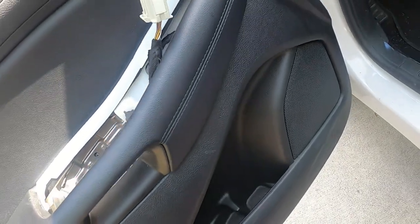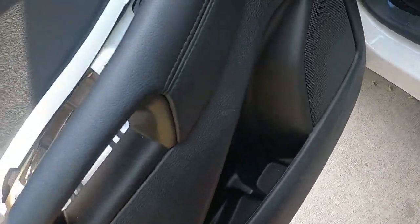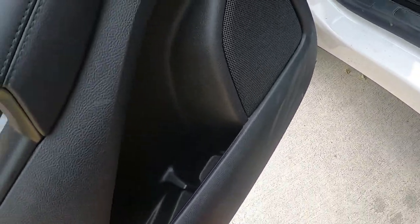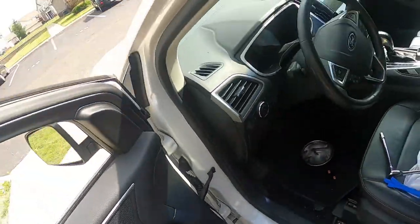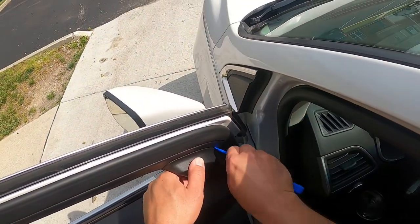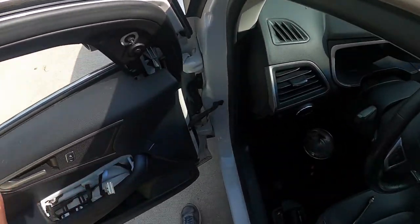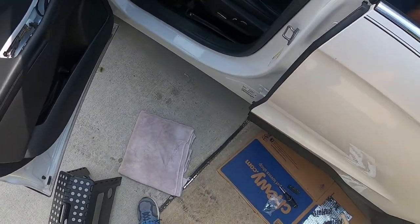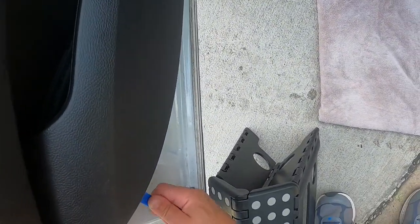Of course, this is going to be the toughest door. I'm going to switch and then use this one right here. This one's going to be a little bit of a doozy. One thing that I forgot to do, as I'll show you, is just remove this little piece right here. Like I said, these are just retainer clips, they pop off. Now, this is the door that's going to give me the most problems, because I'm filming it. But, you know,